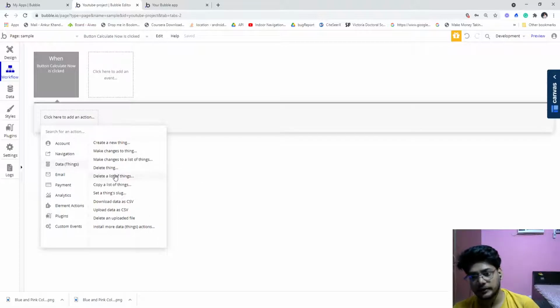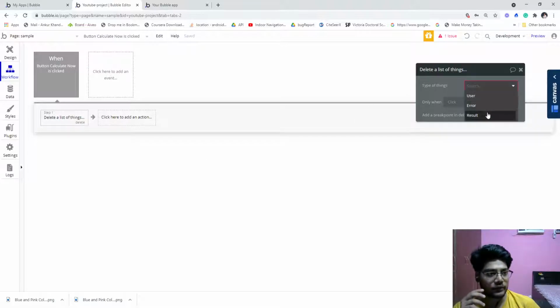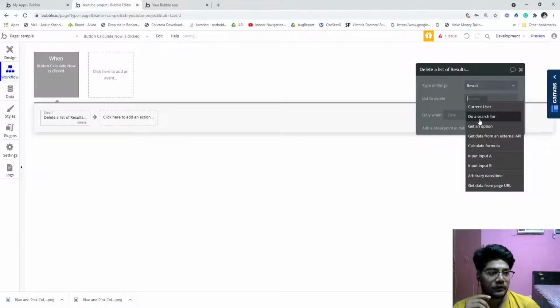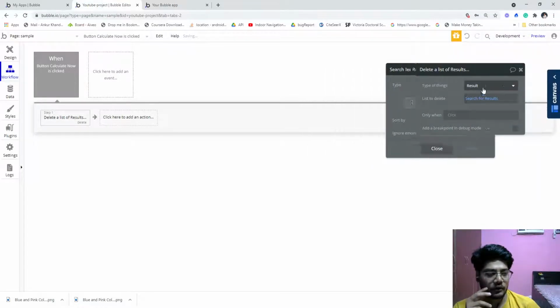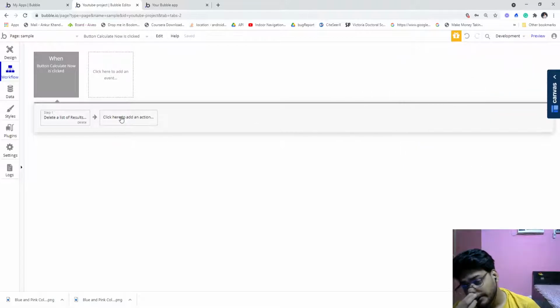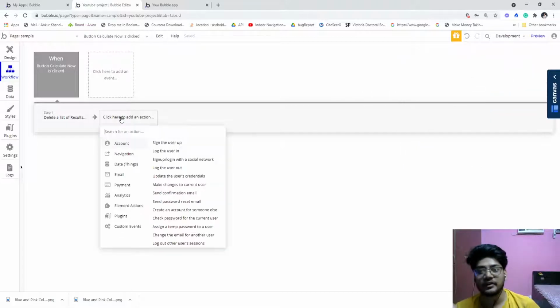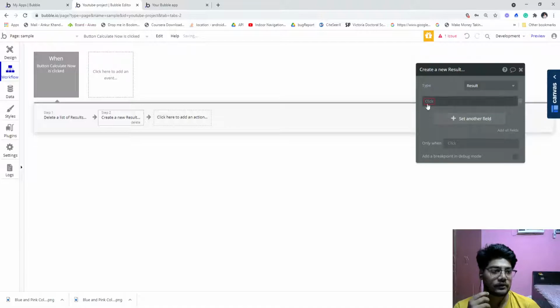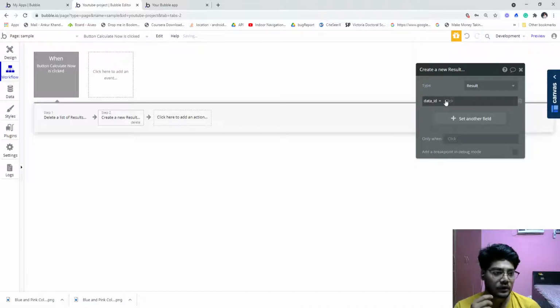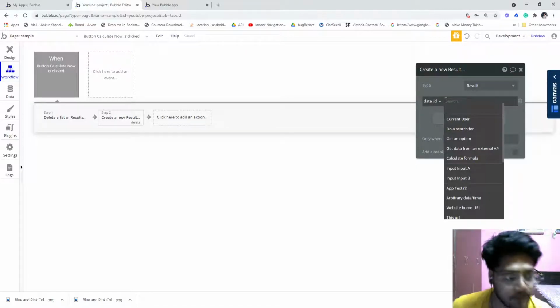I just delete a list of things, I don't know a better way of doing it. For example, I want to store the result into the result field, do a search for results and delete. So it will delete all the result data first, and then we will create a new thing. Then we search for the result, we search for the ID. What we have to do, please try to understand it.